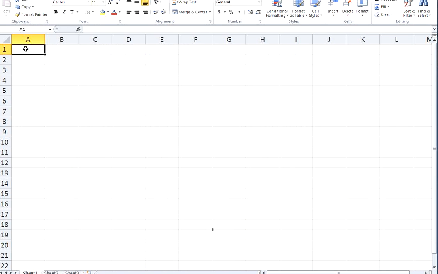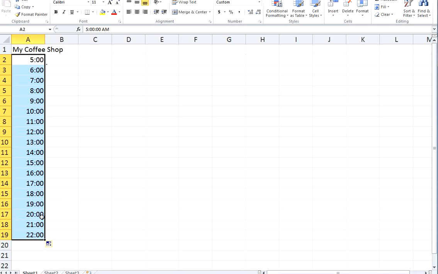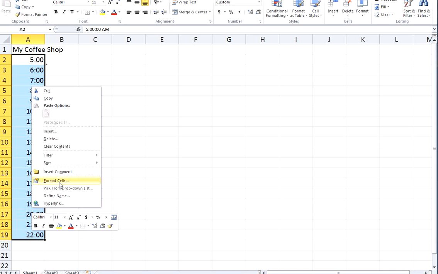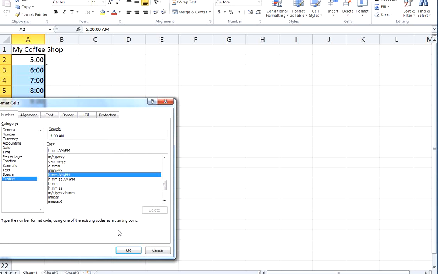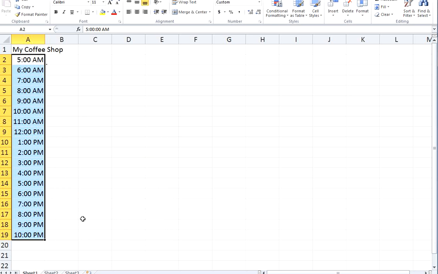Let's begin. We're going to use Excel like many people use Excel, and that's to document and keep track of money. So we're going to start a company, my coffee shop, and like before, we're going to deal with time. So here is an example of how time would be used. We're going to extend this series, and we're going to format so that it is in a form that's easier for me to understand. And I'm glad we did, because it doesn't really make sense that we would open